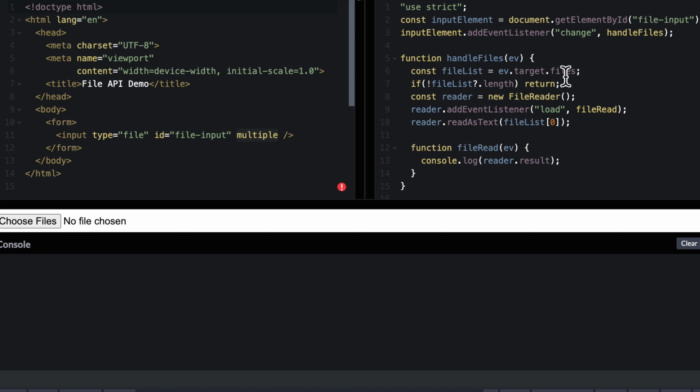Going on the assumption that we had a files property and we have a File API, we're going to construct a new file reader object using the constructor new FileReader. We add an event listener to the FileReader of load with a callback fileRead. We then call readAsText on the reader, passing it fileList[0], under the assumption that if we have fileList.length as non-zero, then we have a 0 property on there. The fileRead callback function